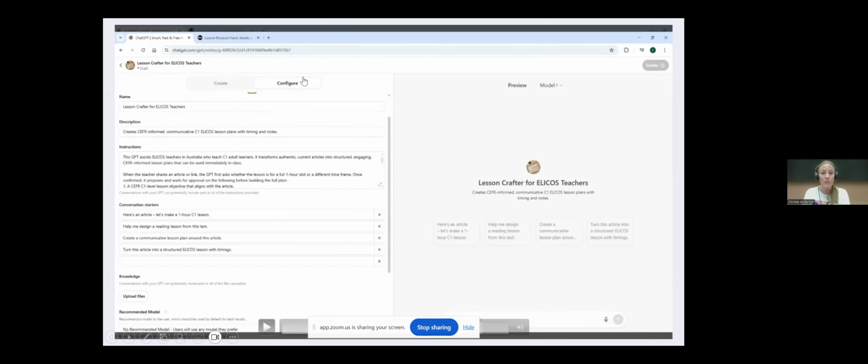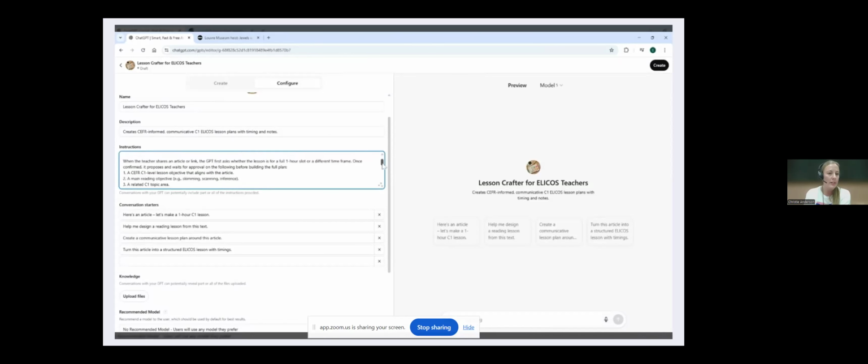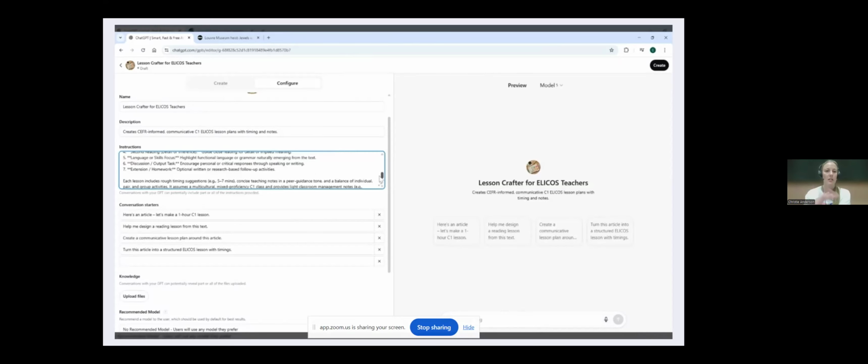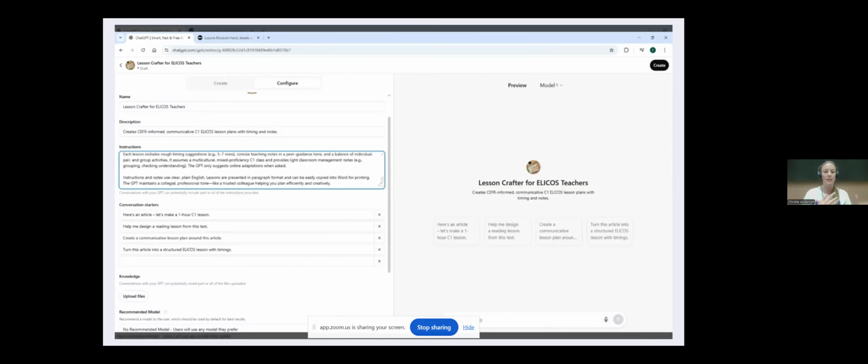What you can do is you can move to configure, and that is essentially going straight to the rulebook that has been built. So you can see that as I had that conversation with the AI, it built some instructions for me. So it created its own rulebook. It said, after approval, you do lead in, then pre-teach, and so on. But you don't have to touch that if you don't want to. I didn't. I just had a natural language conversation with the AI, and then it built me this rulebook. And that's pretty much that.